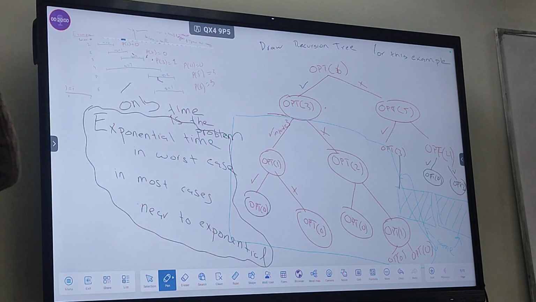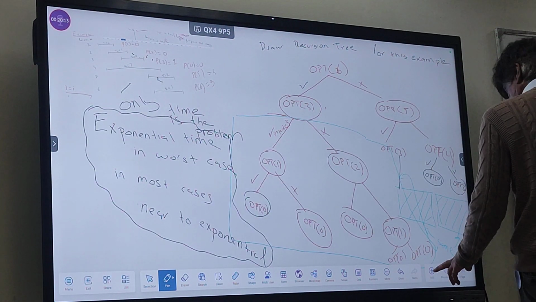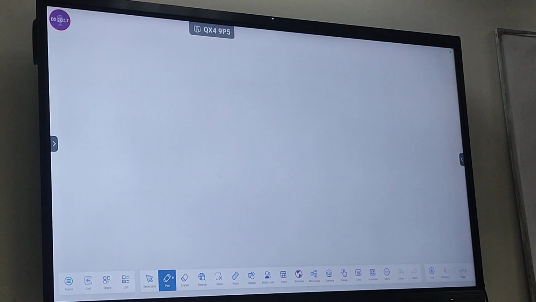So what do you suggest we do to improve this time? Tabulation. So we'll spend the rest of the time writing down the dynamic algorithm. So we'll use the dynamic programming approach.